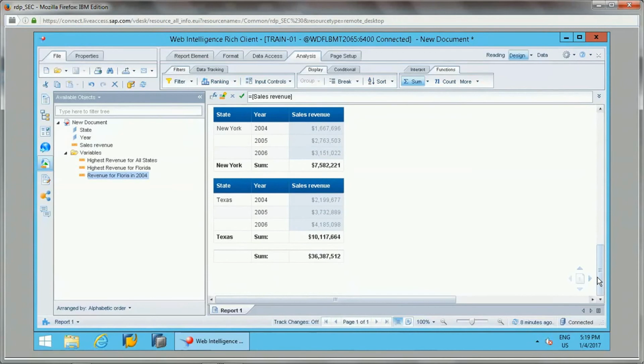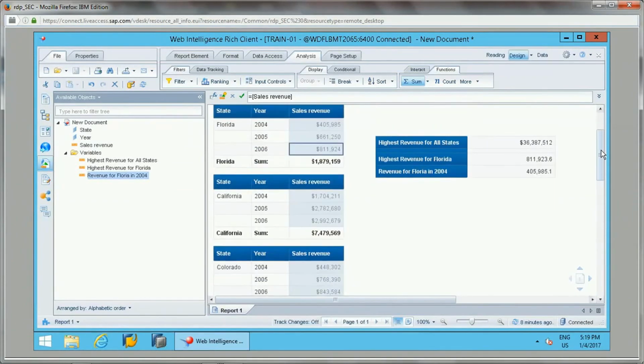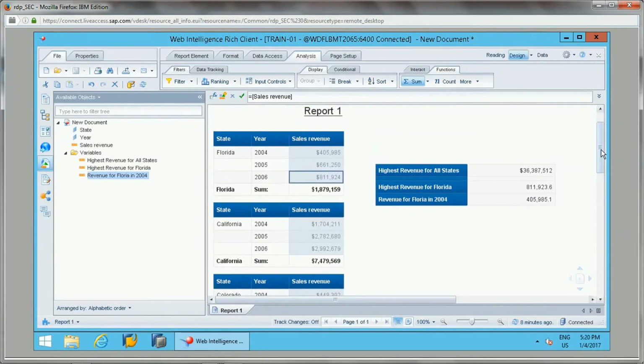This value, 36,387,512, is the total highest revenue. Then the highest revenue for Florida, and the revenue for Florida in 2004, is the value displayed here.